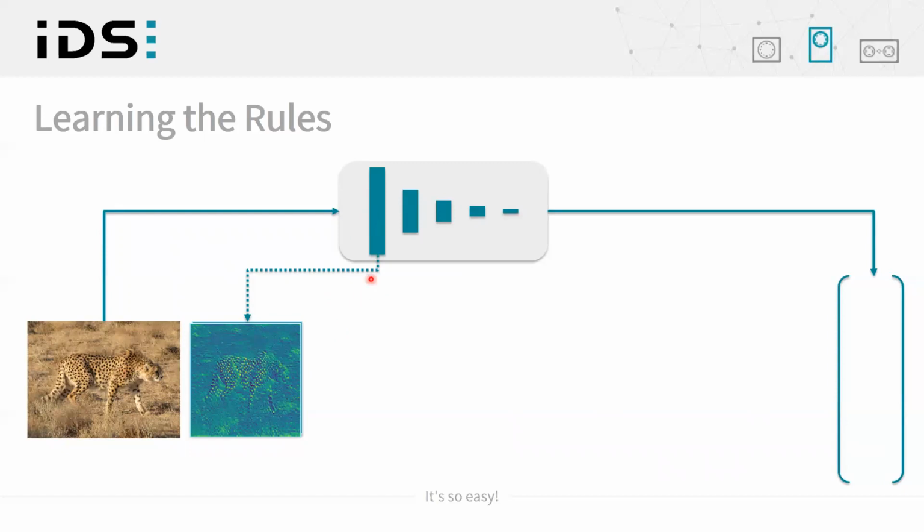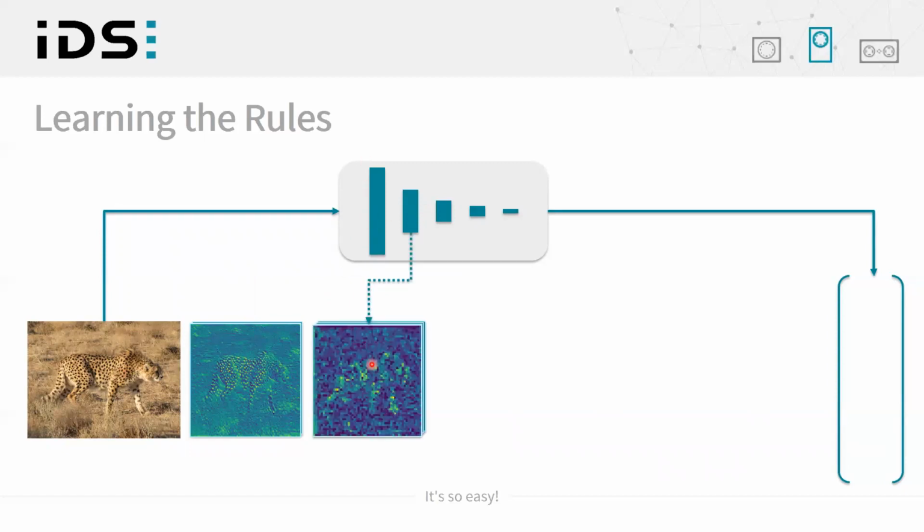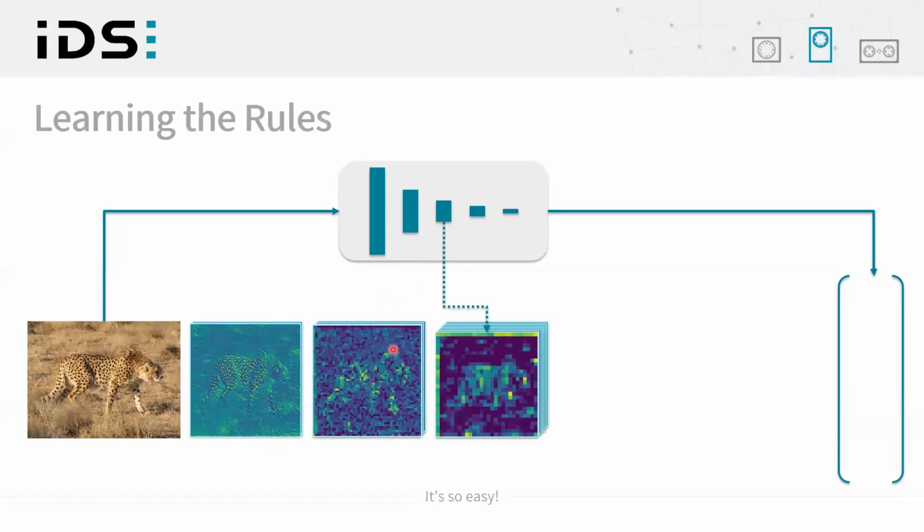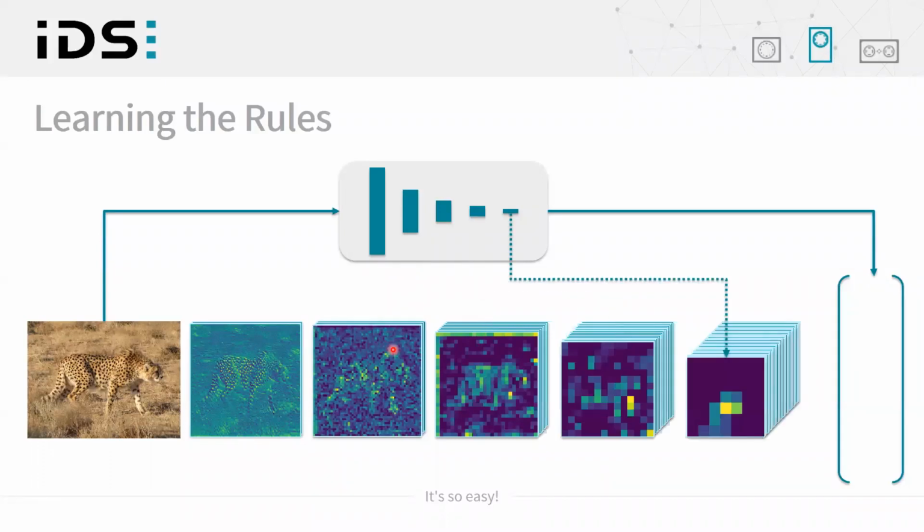So each output of each layer is then forwarded to the next layer, and so on. Each time the input information is combined and new features are produced and the image is scaled down, and so on and so on. So with each layer, we produce more and more features and sacrifice more and more spatial resolution. In the end, the cheetah is barely visible or noticeable here, but we have probably hundreds or thousands of features extracted.